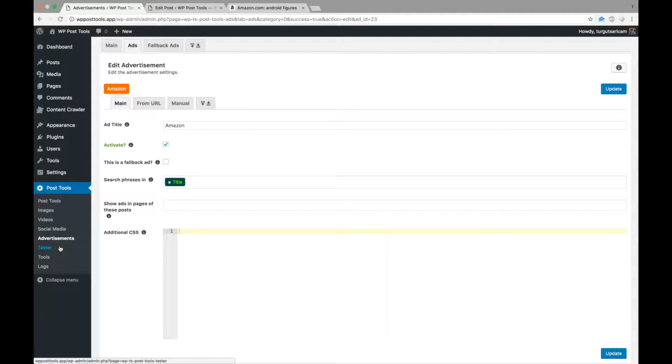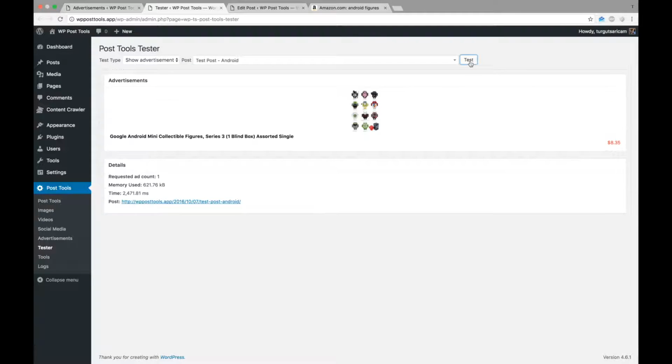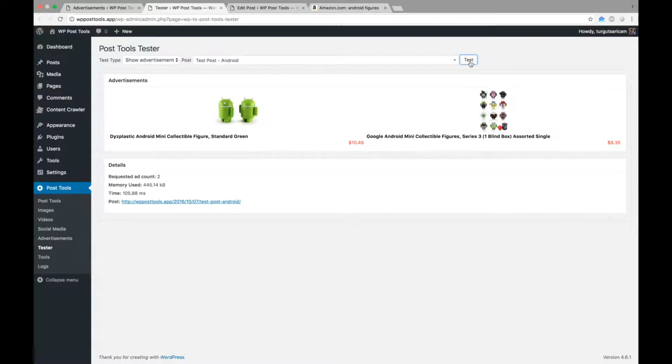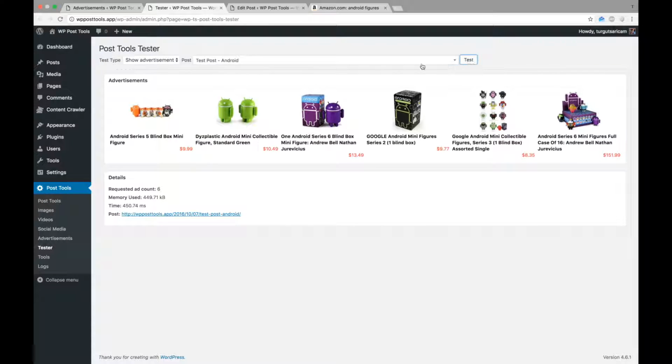Now, let's go to the tester and test the settings. Awesome. We can see the figures from Amazon search page. Each time we hit the test button, the tester will request a random amount of advertisements.